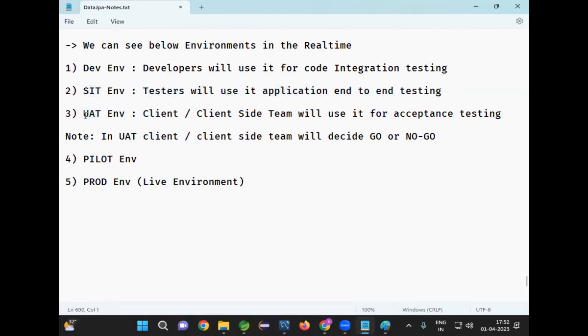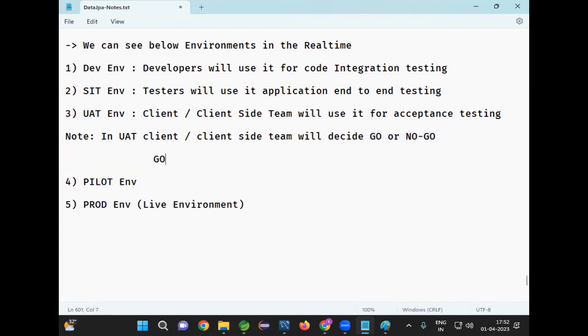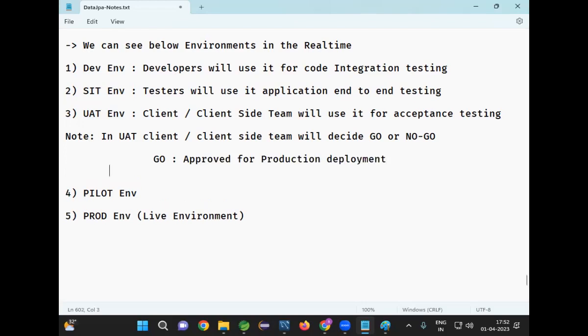What is the meaning of UAT? User acceptance testing. The client will test our project. The client will decide go or no go. What is the meaning of go here? Go here means approved for production deployment. What is the meaning of no go? Denied for production deployment. If the project got the go signal, then project management will give a party for the team members,